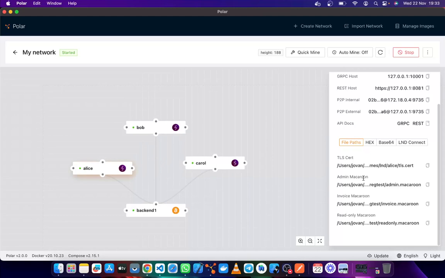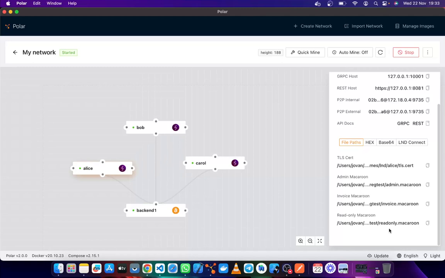There is the overall macaroon, which does everything. It does creating invoices, opening channels, and so on. There is also this invoice macaroon, which is just specific for invoice work. It doesn't do anything more than invoice work. There's also the read-only macaroon, this one, which is just for reading balances, looking at the wallet balances, and looking at the node information and everything.